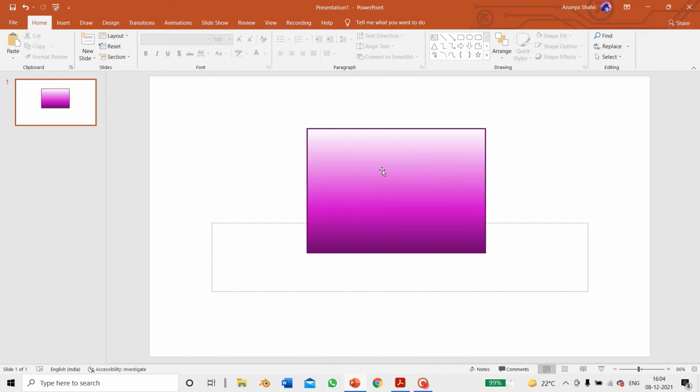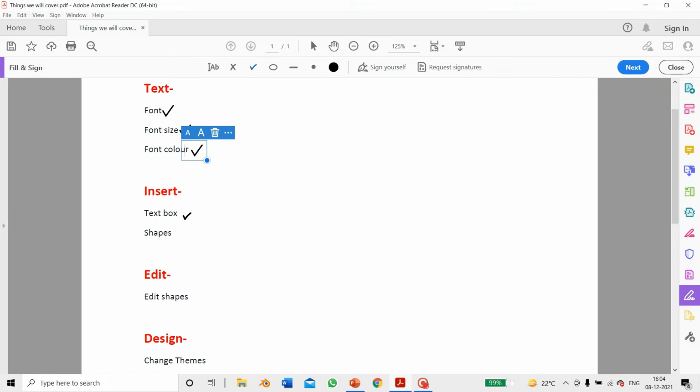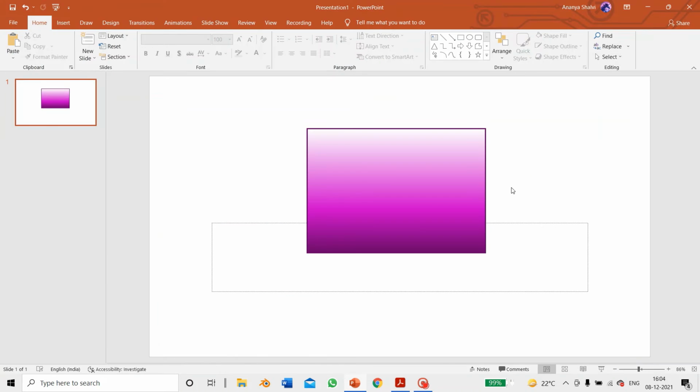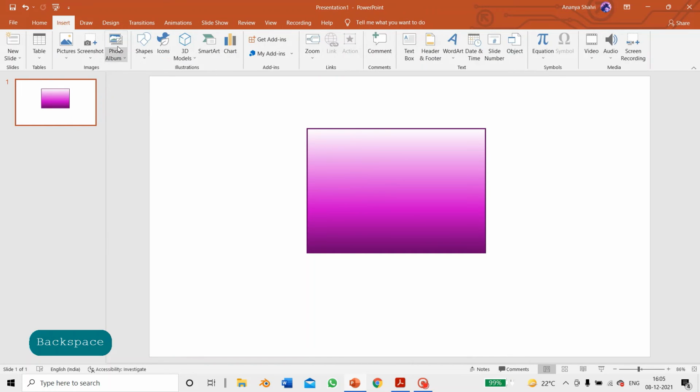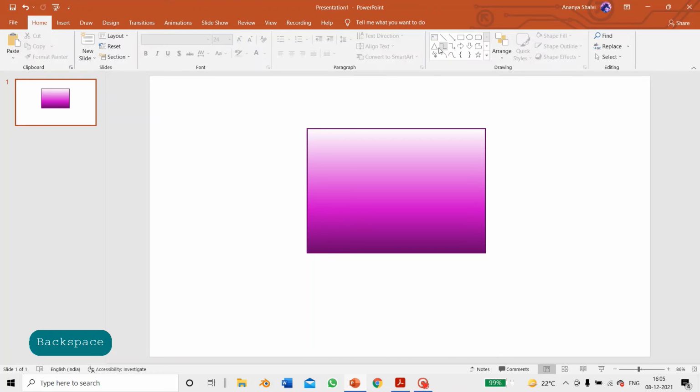Now, the next is the text box. We have done the shapes and now we'll move to text box. In the shapes, there is the option of text box. If you have deleted any text box by mistake, then you can go to the home or insert tab in shapes. There you can find the first option, which is text box. You just need to click it and